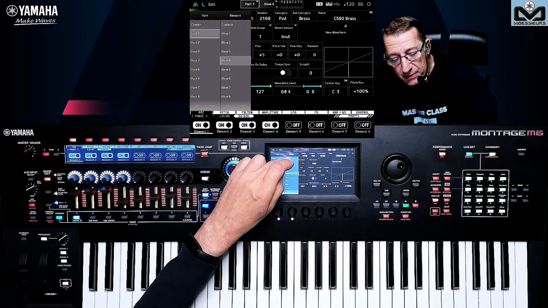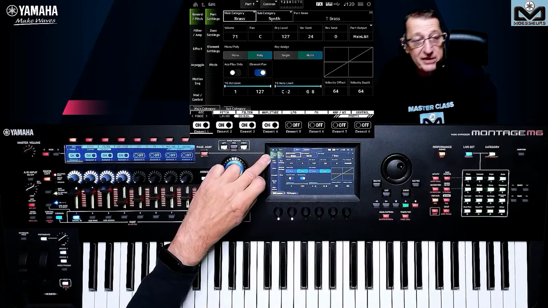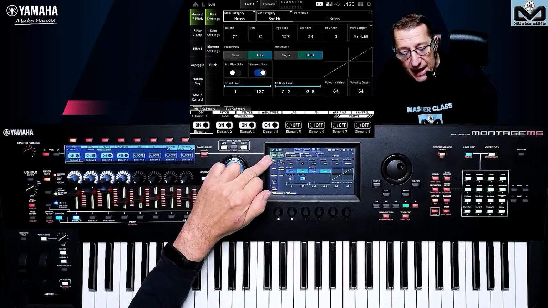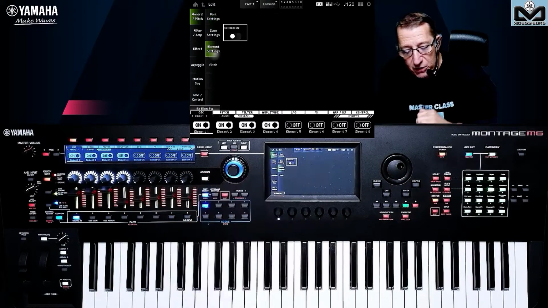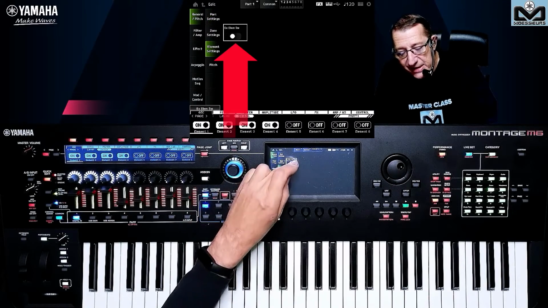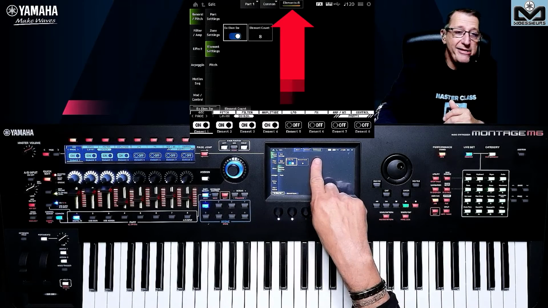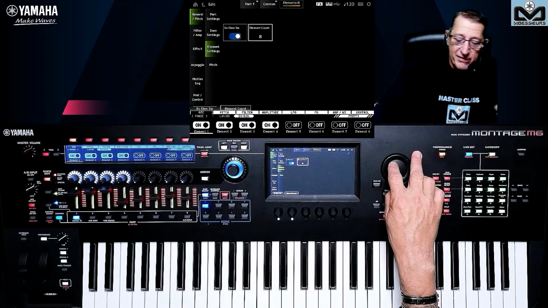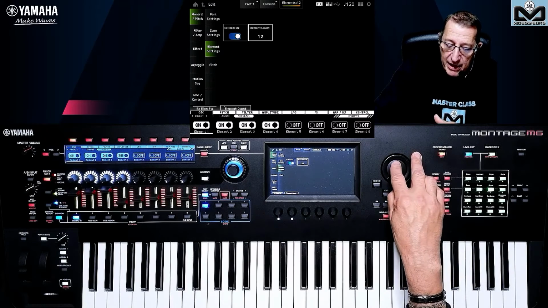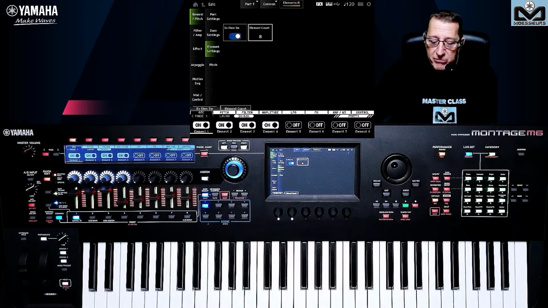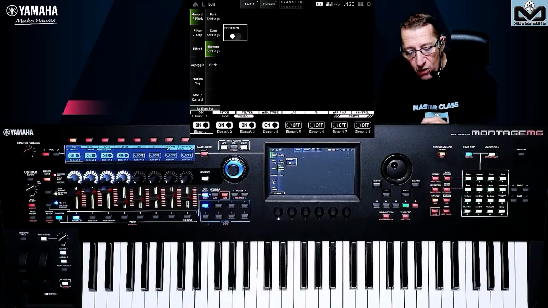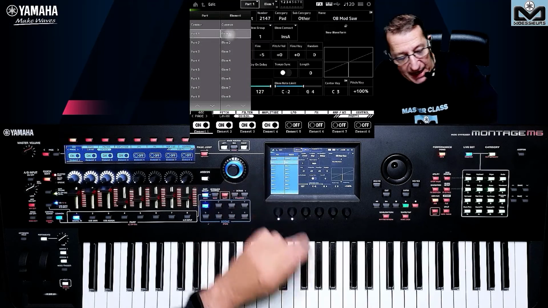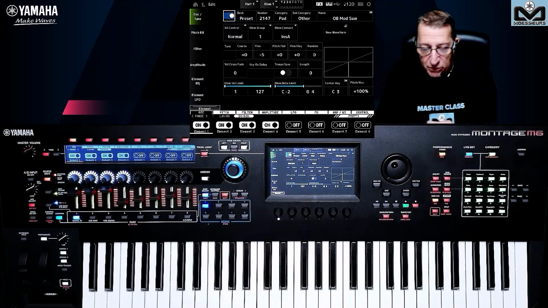If you go to the common level, and if you go here, you see the color AWM2, this yellow and a little bit of green. On general pitch part settings, now we go to element settings. We can switch. And here you see it changed the top. You see the element 8, and here you cannot go lower than 8, but you can go up to the element number you need. You do not need to go to 128, like that. Okay, so I set it off because we do not need that, and we go one at a time to the element like that.